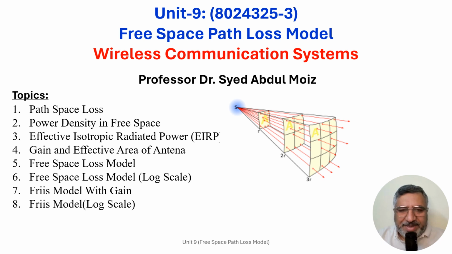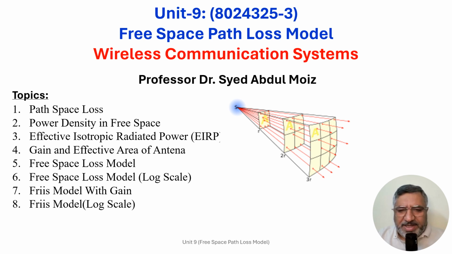Bismillahir rahmanir rahim. In this unit, we will study the free space path loss model for wireless communication systems. As you know, the free space path loss model is used to predict received power when the transmitter and receiver have a clear, unobstructed line of sight between them. For example, satellite communication and microwave line of sight between the transmitter and receiver usually undergo free space